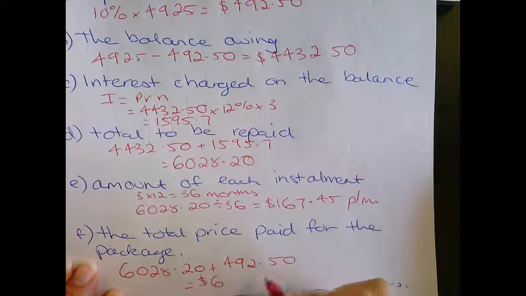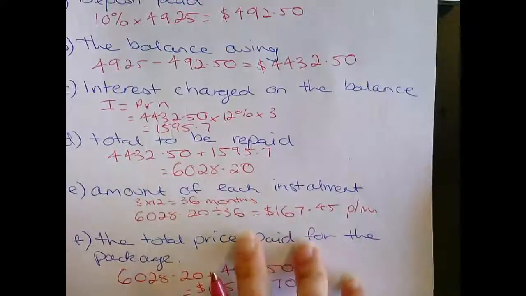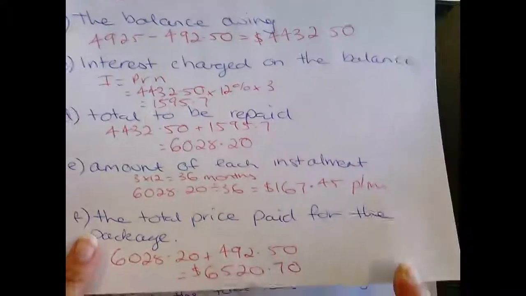Okay, so 6,520.70. So because this person did not want to pay the cash up front, so remember they could have paid,